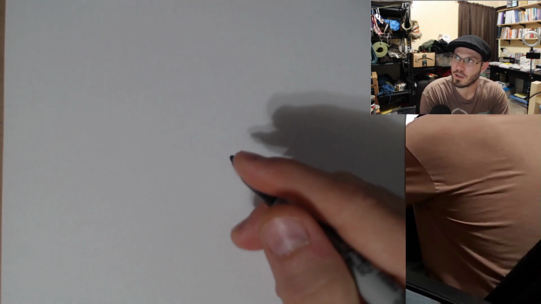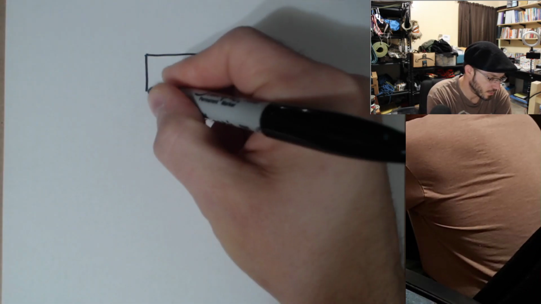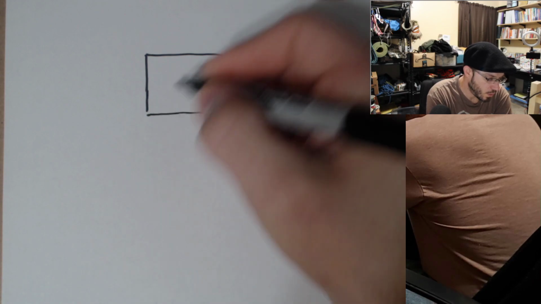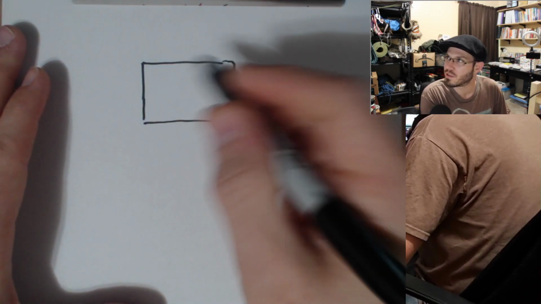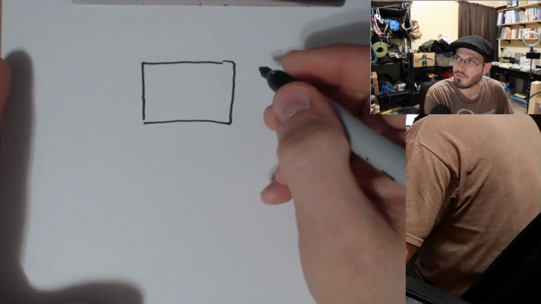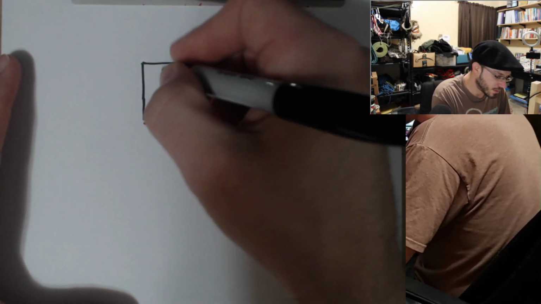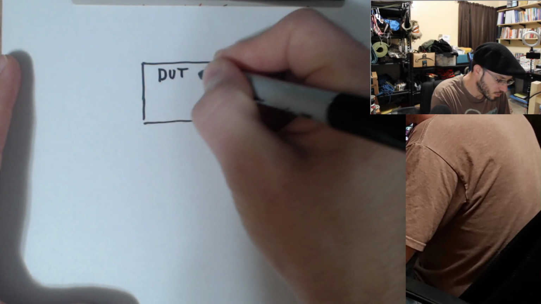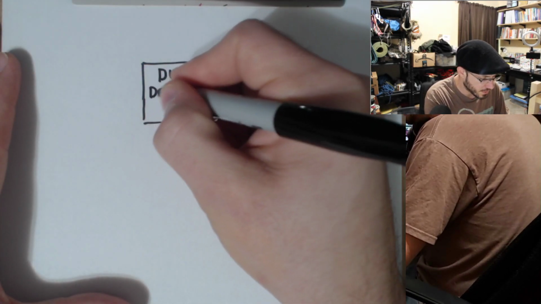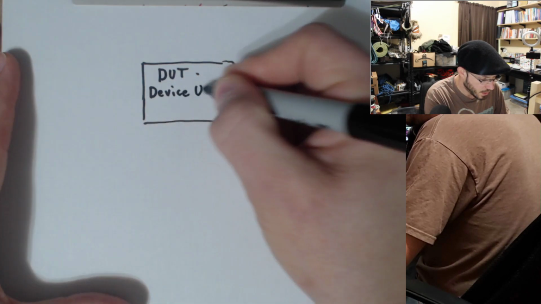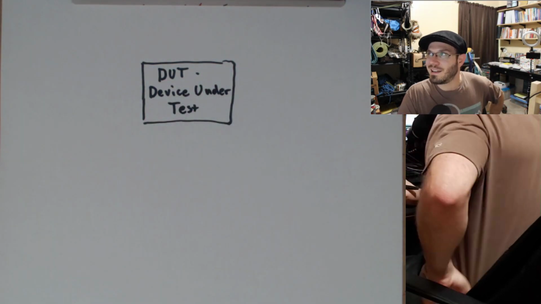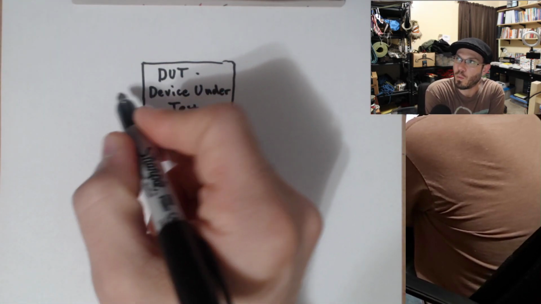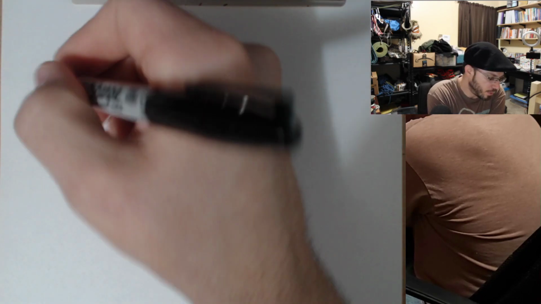Okay, so first up, for any circuit that we're going to test, let's go ahead and draw a black box just to represent some circuit. And normally when you have some circuit that we're going to be testing or verifying, we would call it a DUT. DUT just stands for device under test. And so generally speaking, we want to apply some input signal